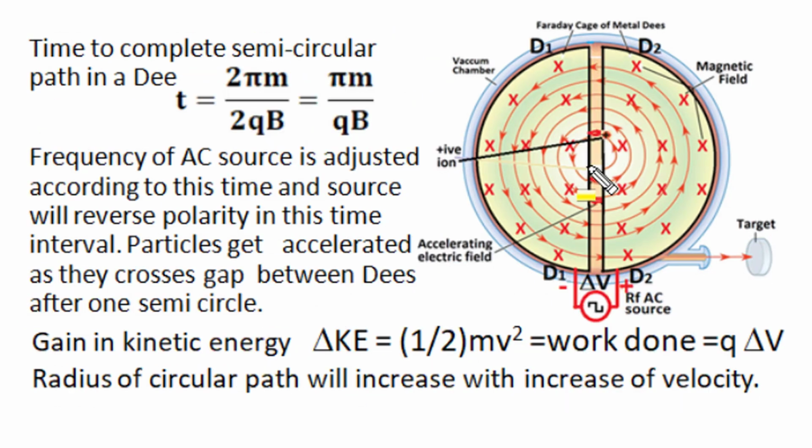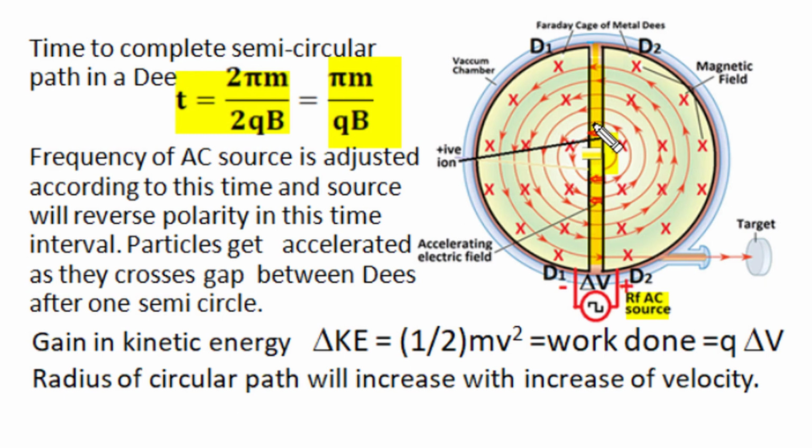space once again. The time to complete this semicircle part of circular motion is half of the time period. Time period is 2 pi m over qB, and half time is 2 pi m over 2qB, or pi m over qB. And we match the frequency of this radio frequency alternating source with the frequency or time period of circular motion, and exactly in this time period this alternating radio frequency AC voltage source changes its polarity, and now metal case D2 becomes positive and D1 becomes negative, and the direction of electric field in this inter-D vacuum